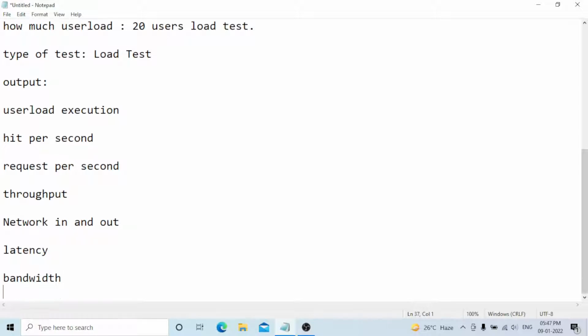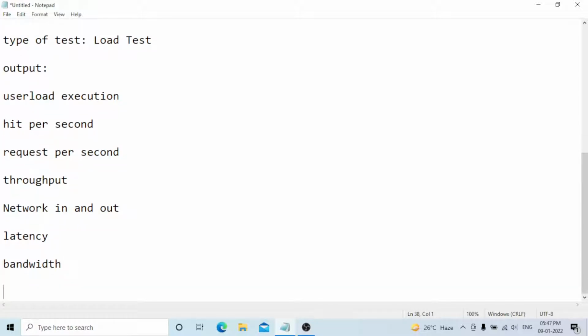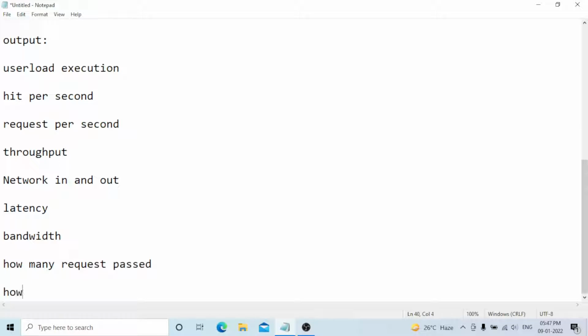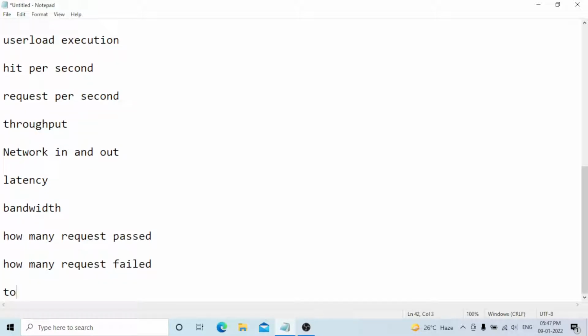Bandwidth, and how many requests passed, how many requests failed, and in total how many requests were sent to the server.